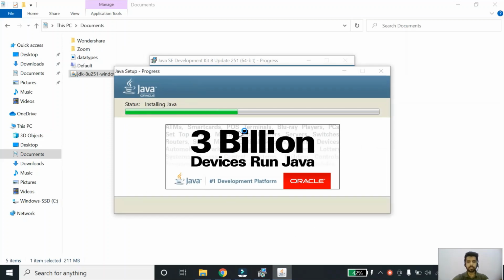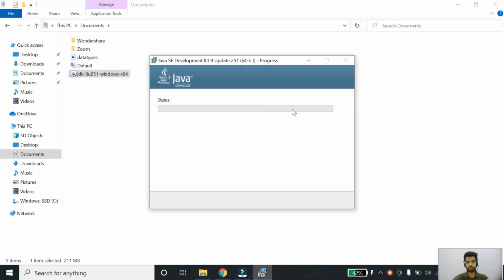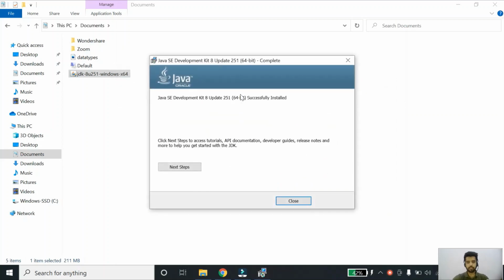And now it has started installing Java. Finally, installation is completed. Click on this close button.